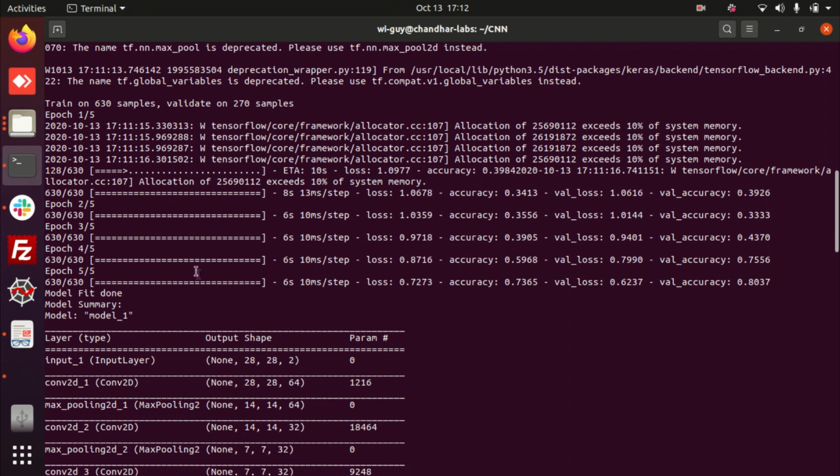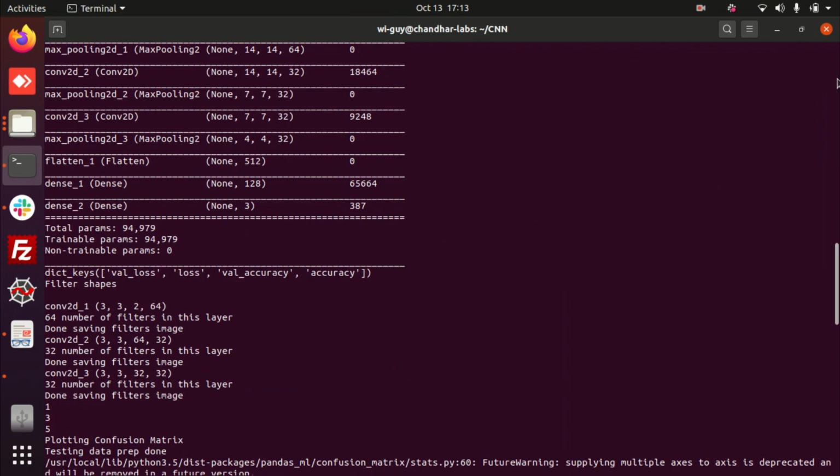For 5 epochs, how much time each epoch took, and the corresponding validation loss, training loss, validation accuracy and training accuracy have been given here. And finally, the model summary has been displayed here.